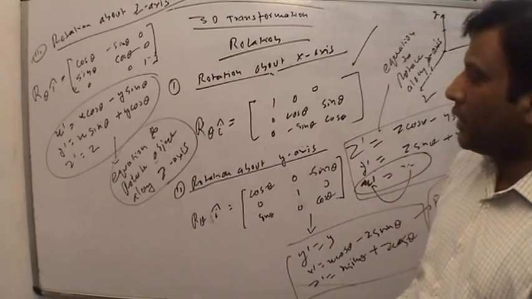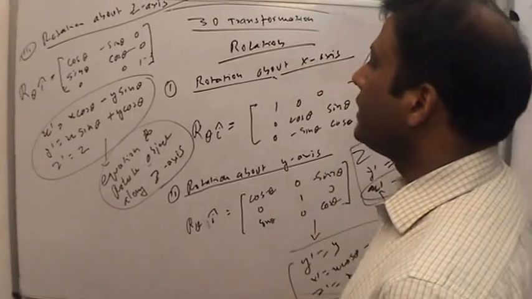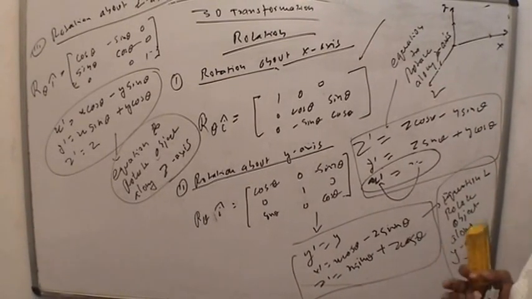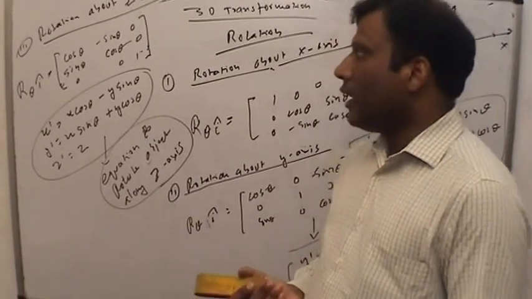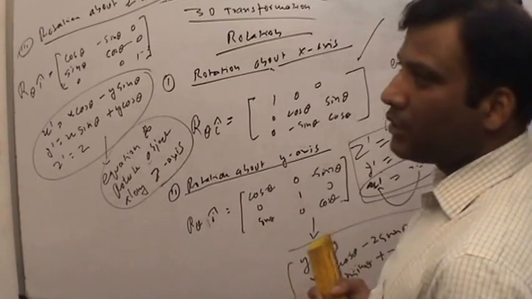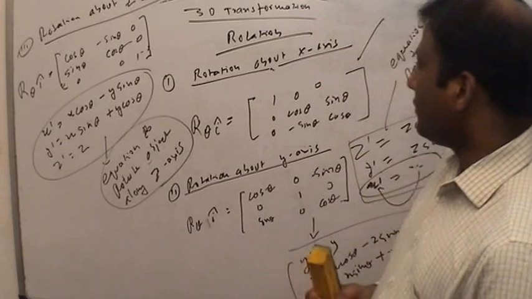How does the object change, and how does it look? The x-axis will be fixed and y, z are changed. When we displace the object along the y-axis, then y is fixed and x, z are changed. And when we displace the object along the z-axis, then z is fixed and the object is placed in x and y directions, so the x and y coordinates change.